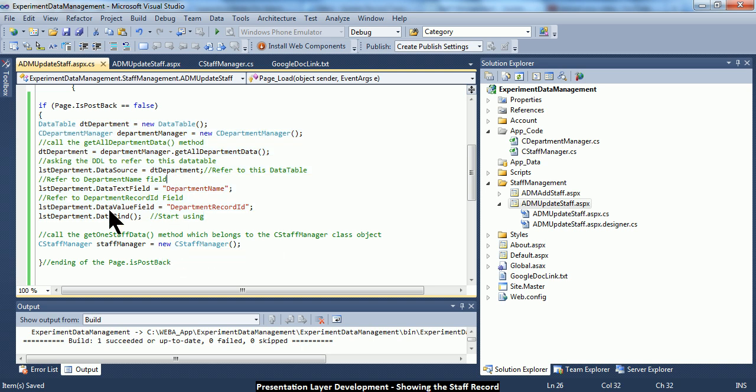Within this code, you notice that under the if Page.IsPostBack, this is the starting and this is the ending, so this is the segment here. I've already created a very simple command that will create a staff manager. Then the next thing is that I am going to use the staff manager's